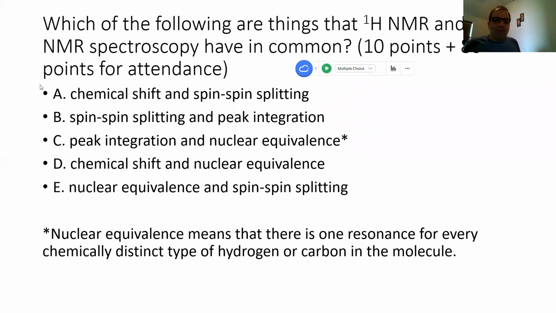So, let's look at each one of these. Again, we're looking for 2 parameters that work pretty much the same for both proton and carbon NMR. Chemical shift and spin-spin splitting. Note, spin-spin splitting is by and large